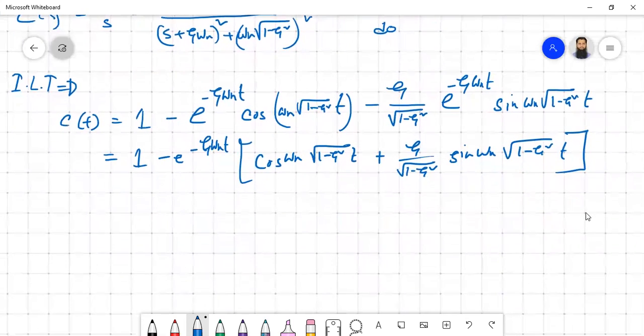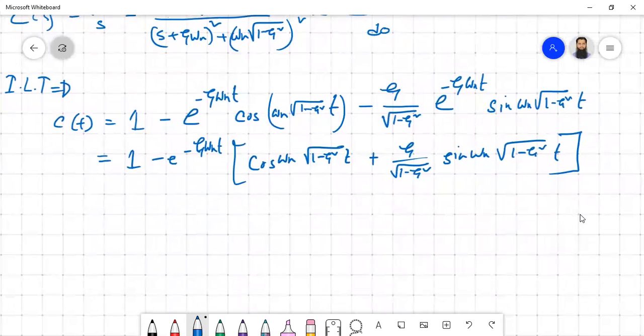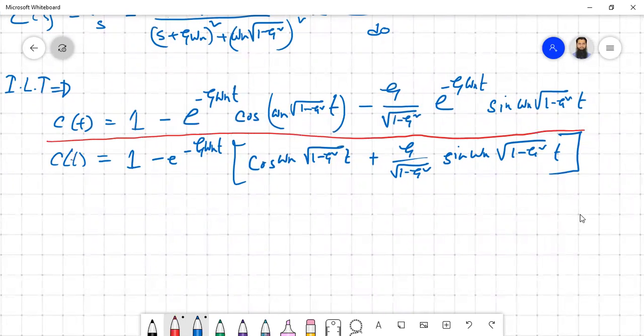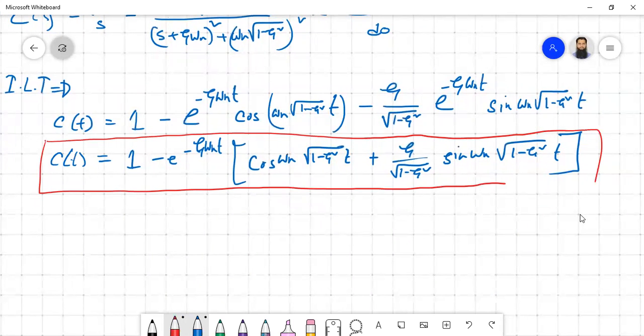Okay, so now this is one solution, but if you want to make it look a bit better than this, then with a single trigonometric term, you can also do that. But this is one of the forms. And then if you are not happy with it, then you can actually take this denominator outside. So what we are going to get is,